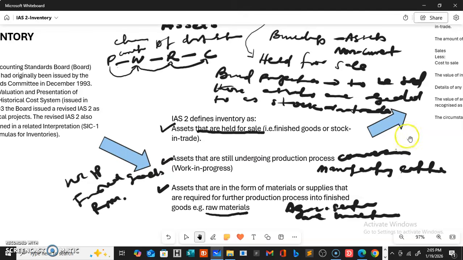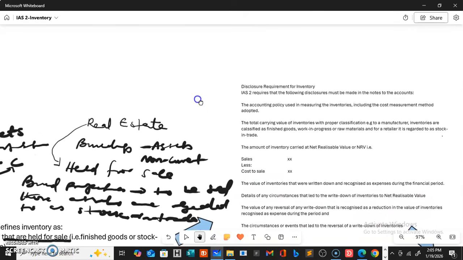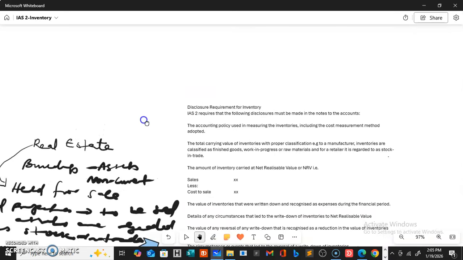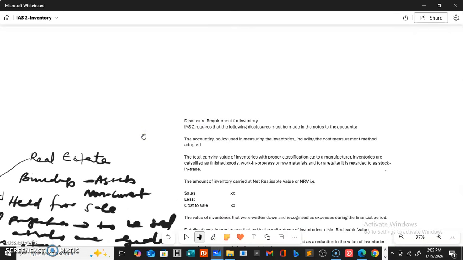So let us move on to the next subtopic, which is disclosure requirements for inventory. Now, what are those things that we are required to disclose in the accounts when recognizing inventory? Okay, now according to IAS-2, we are required to state the accounting policy used in measuring the inventories, including the cost measurement method adopted. Now, when we talk about the cost measurement method adopted, we should know that under IAS-2, IAS-2 recognizes in valuation or costing of inventory, or stock,